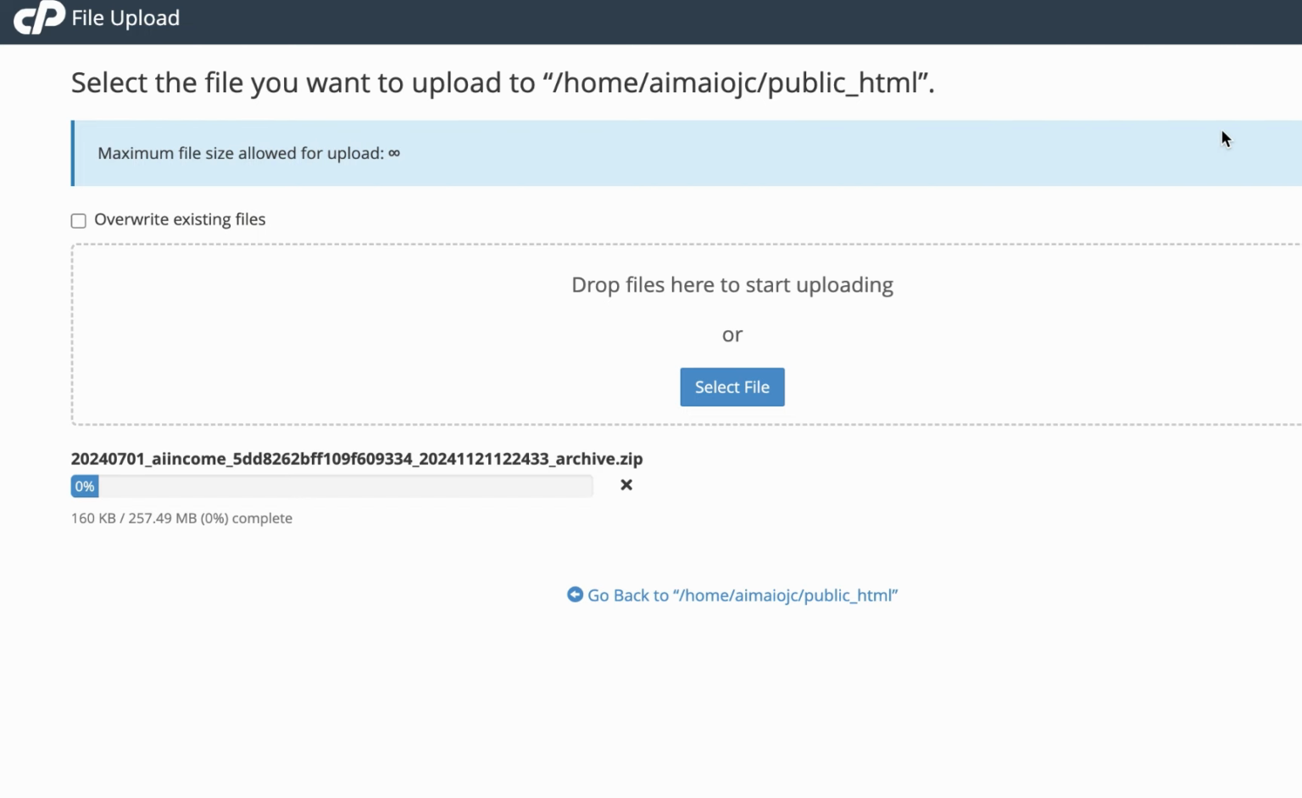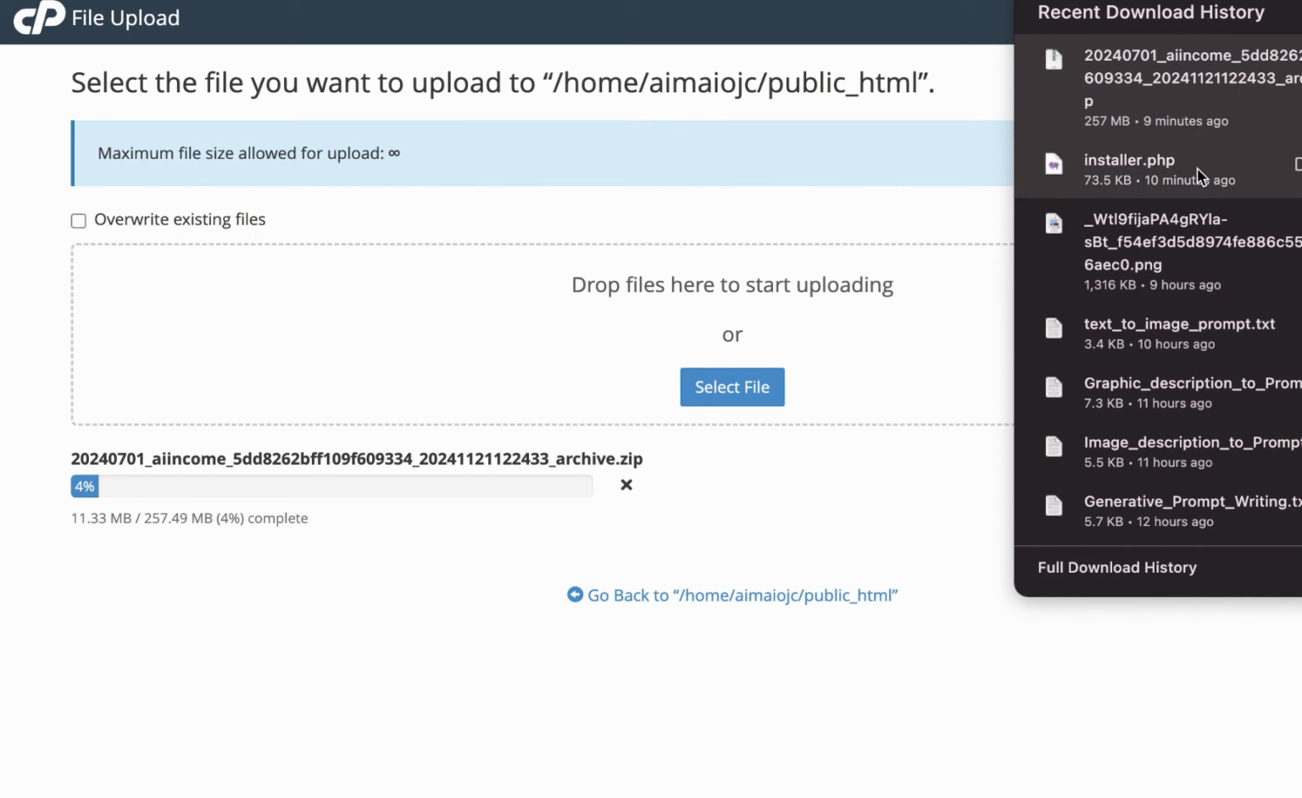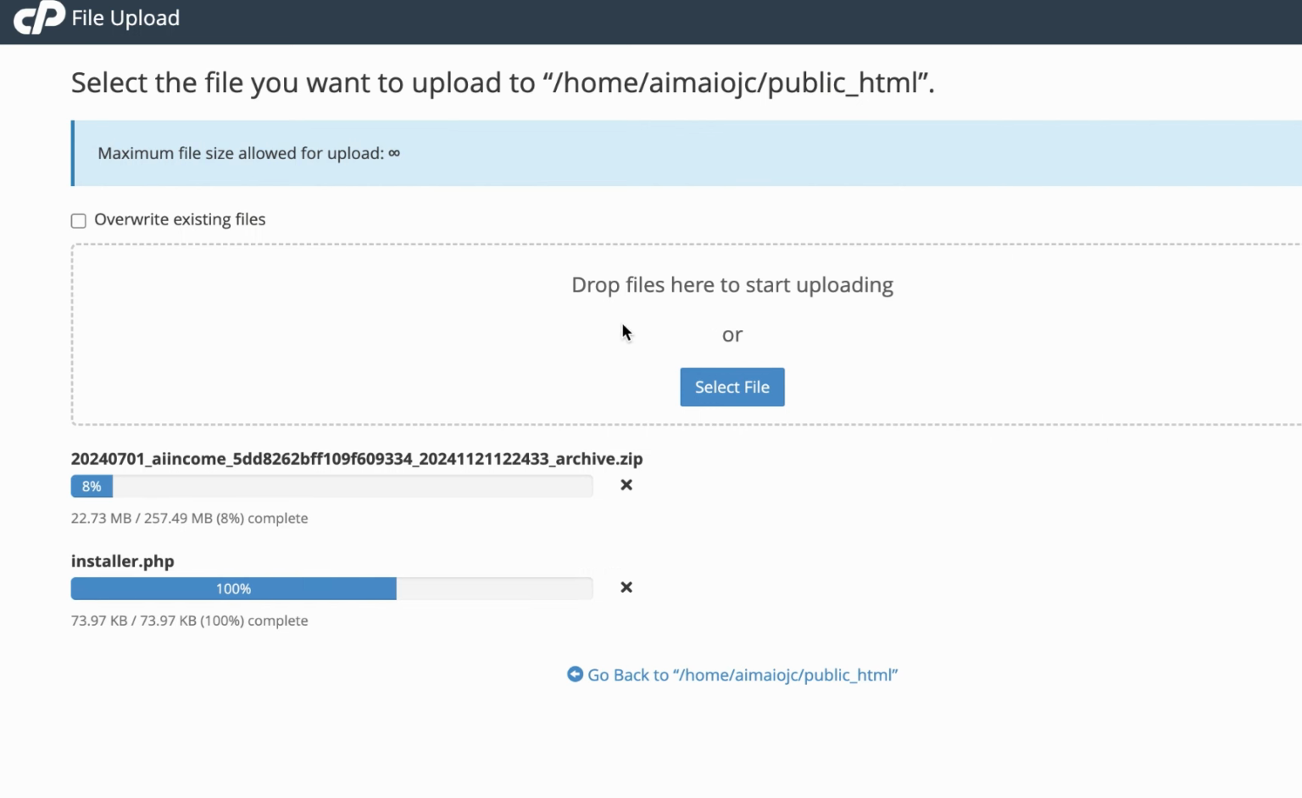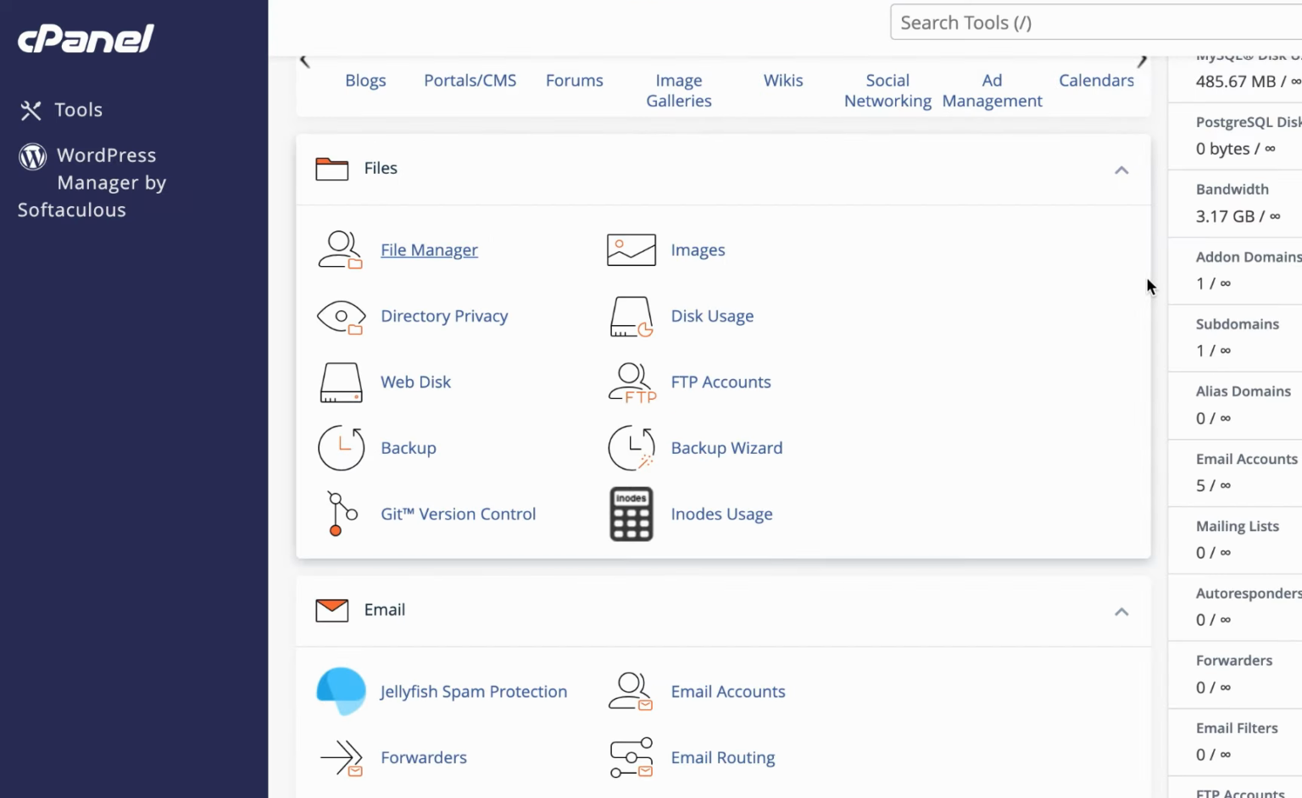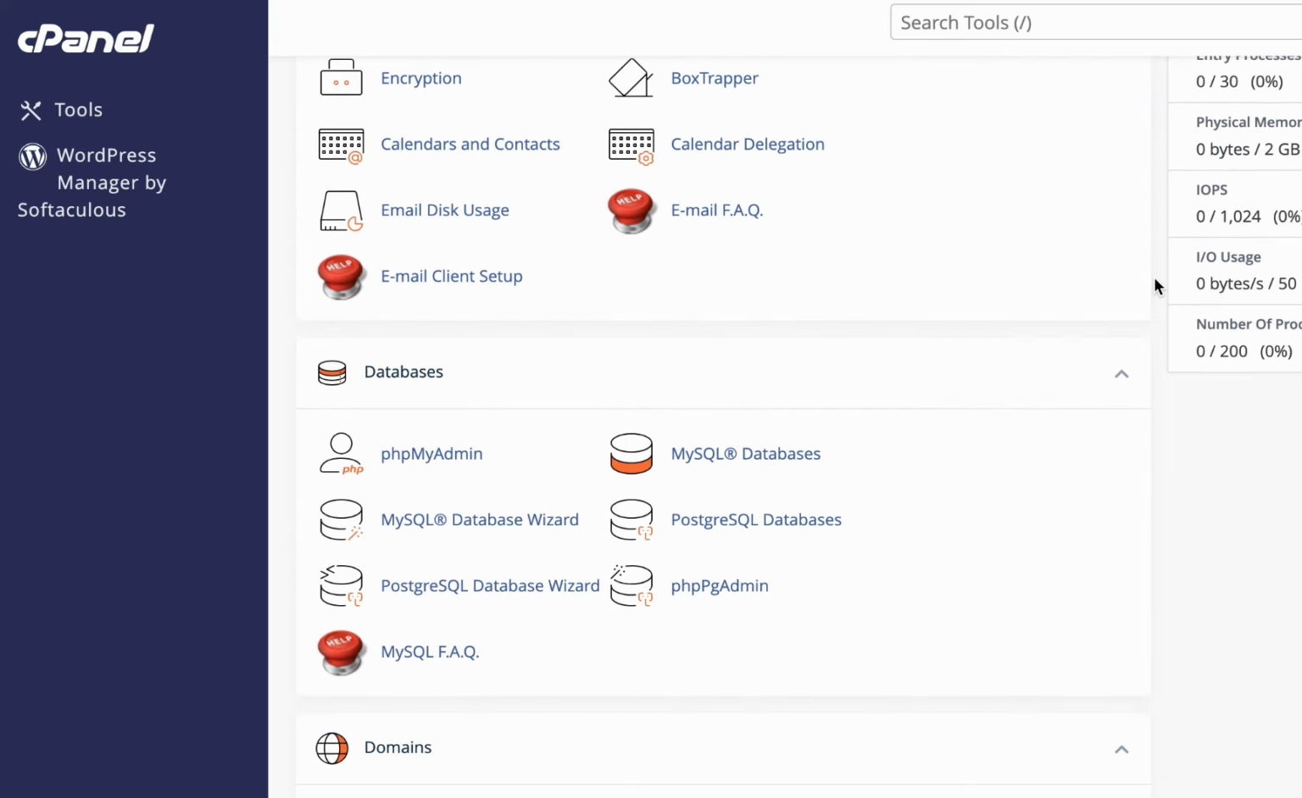Okay, now once you have done that, you click on upload and then upload those two files you downloaded earlier. So I will import this and also import this. Okay, good. Now once you have done that, or while this is being uploaded, go back to your cPanel and locate